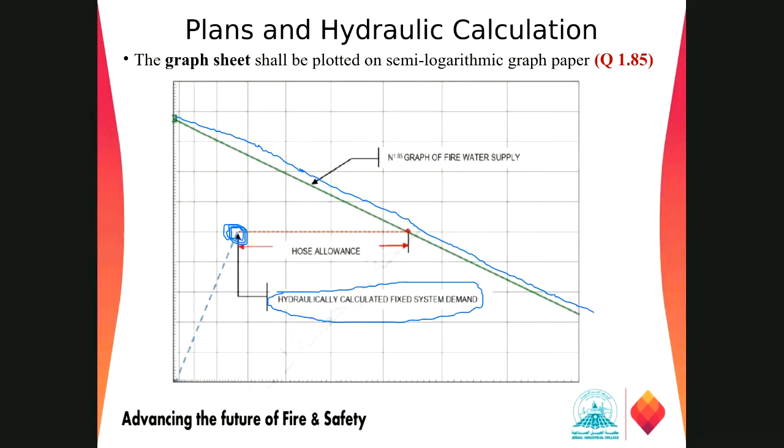And then we have the hose allowances. Now the SCS says that the hose allowances for the fixed piping system, when you are calculating for the process areas or any kind of system in the plant, we have to include something like 7,500 LPM or maybe higher, 7,800 LPM. I'm not exact on the number, but it should be around 7,500 to 7,800 LPM, which is for at least three streams from three sides, right?